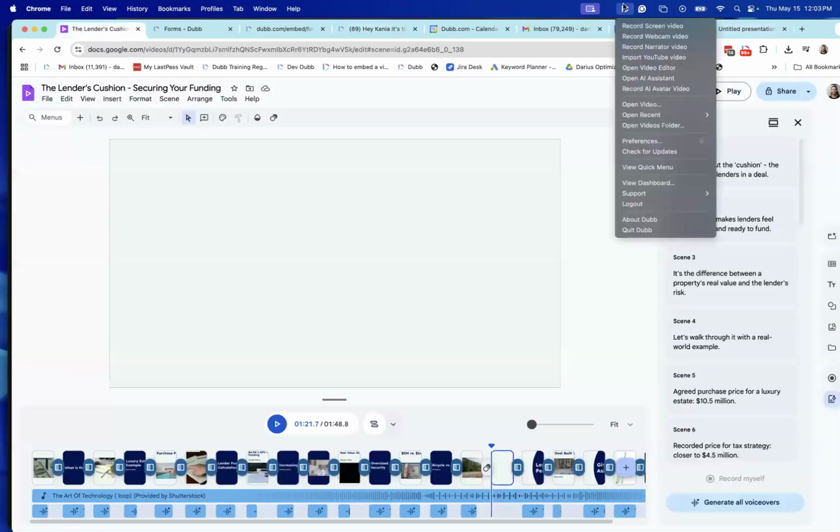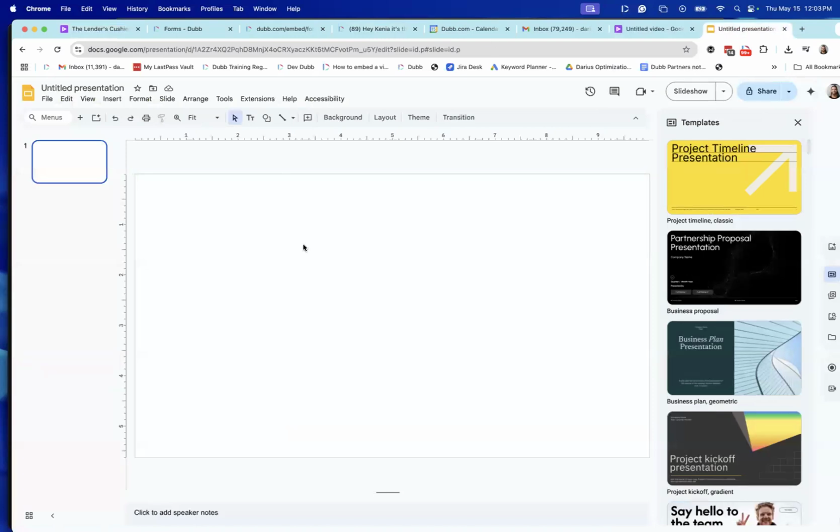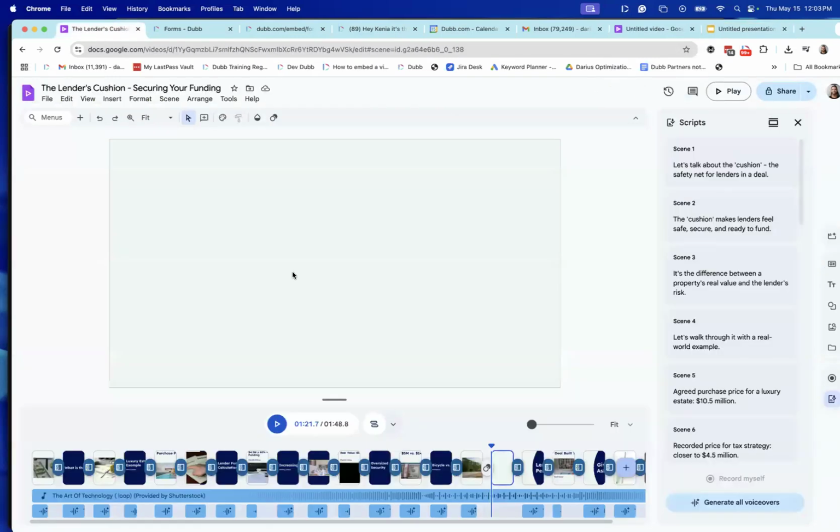Because again, if you wanted to go and use the Dubb desktop app and record a screen and create a custom video where you're actually going through a presentation, that requires you to create most of the presentation, right? You don't want to put a blank looking thing with some generic images there, but you can do this in one step with AI, where just adding the images gives you what you need here to make the visual.